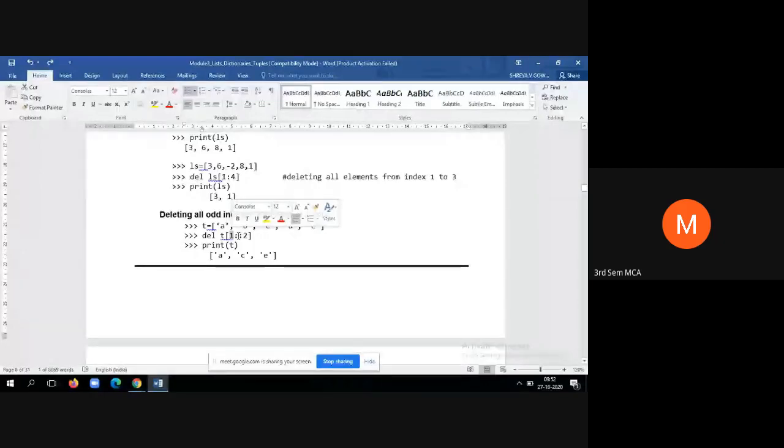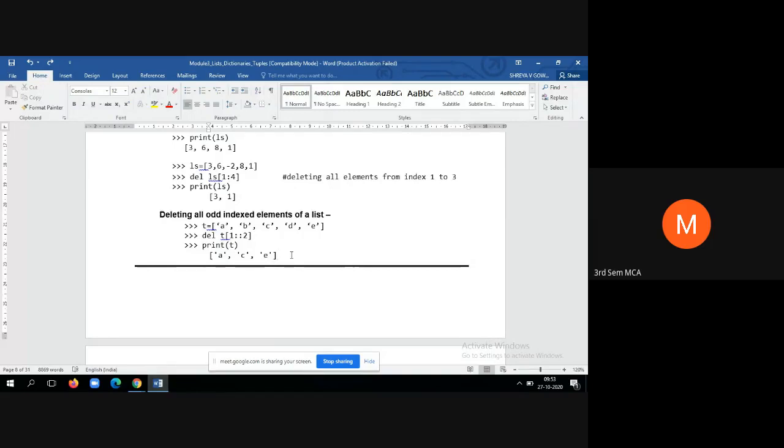Now if you print, look here, it has deleted elements B and D. What is the index value of B and D? 1 and 3. That means it has successfully deleted all the elements occurring in odd index positions. That is the power of slicing, and that is the power of the del operator.